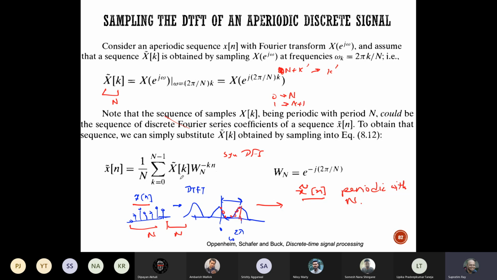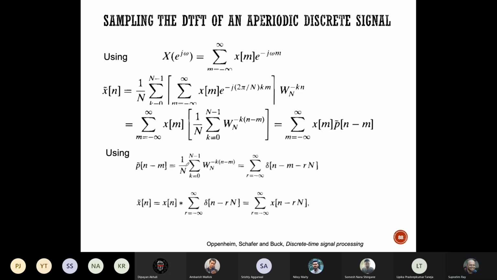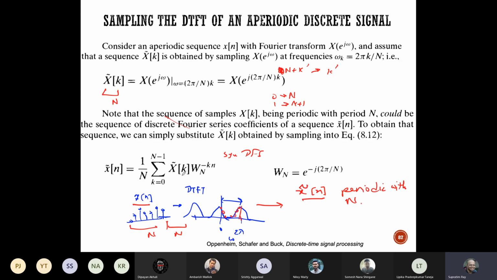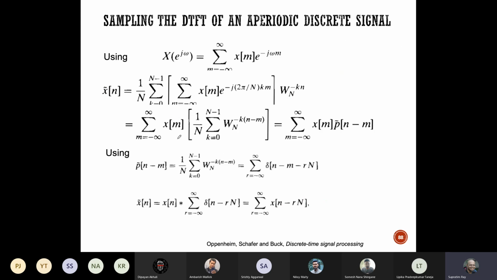Nothing special here. These are the discrete Fourier series coefficients. From those coefficients, I'm asking what the periodic signal looks like. So I put the formula. But now I note that these X_k are just the samples of the DTFT here. Okay, so now I substitute that, noting that the DTFT is obtained using this formula. So this is the DTFT